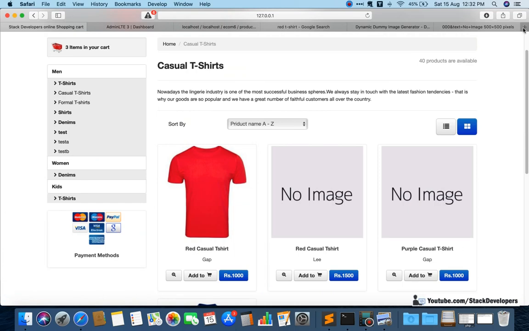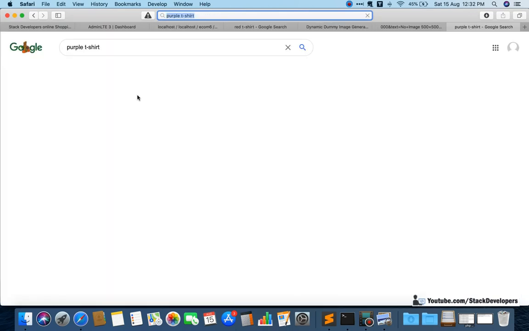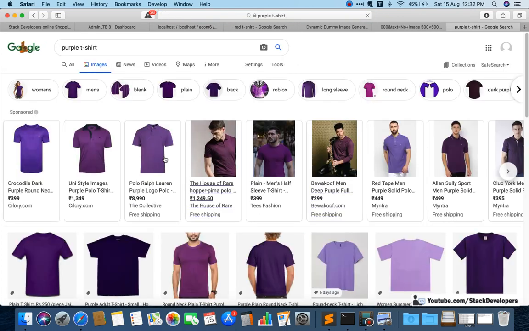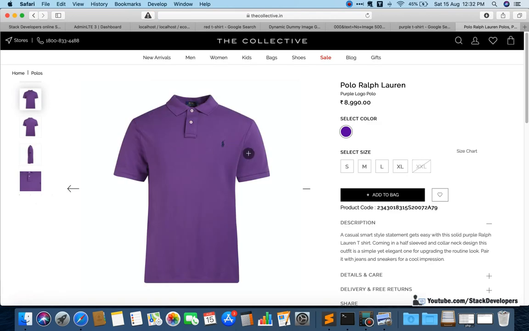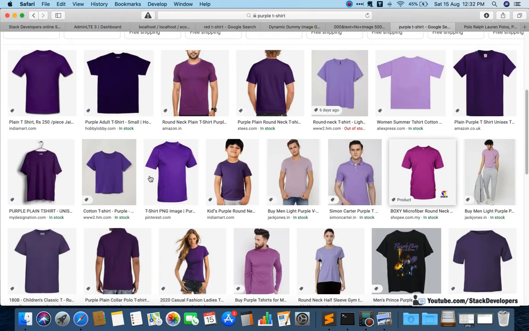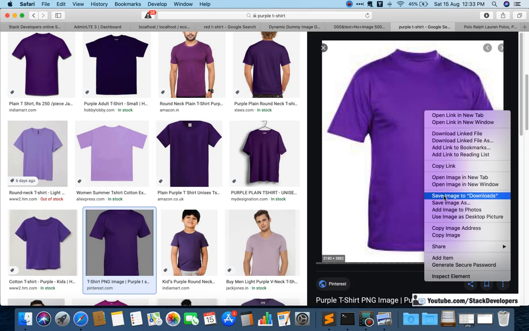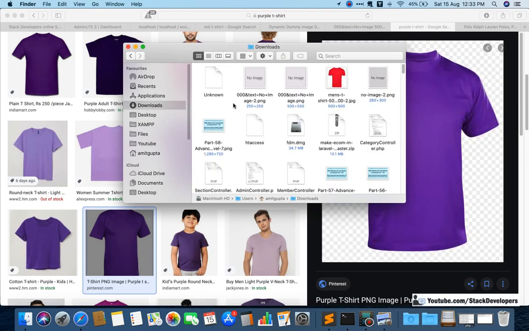Okay, so you can also add one purple t-shirt here so that it will look fine. Any purple t-shirt you can open and download its image for testing purpose only. Okay, don't use this image. I want a simple one which does not have any logo. This I can download, save image to downloads, and here I am going to check,